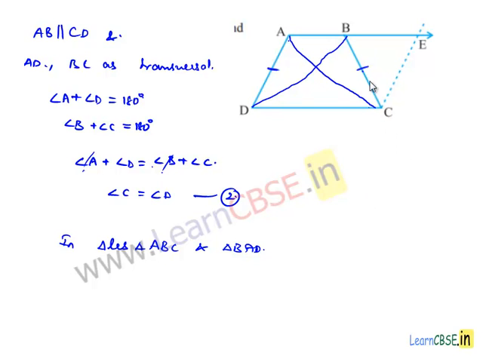In these two triangles, AD is equal to BC, since he has given that ABCD is a trapezium in which AD is equal to BC, and we can say AB is equal to AB, which is a common side for both the triangles,